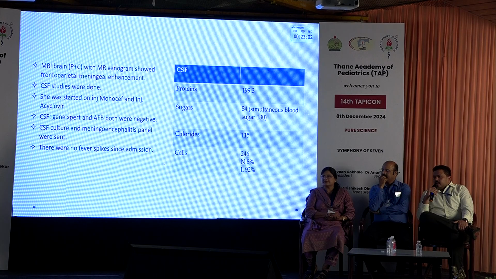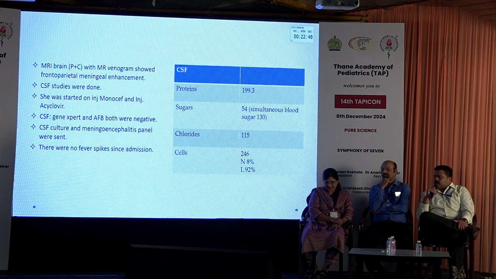And secondly, nowadays we are also seeing something like a MOG antibody demyelinating disorder, which will show very high cells and proteins on CSF, which will mimic acute bacterial meningitis. So that is another thing. Those are non-infective ones I'm thinking of. And autoimmune encephalitis will not usually have such high cells and proteins. Usually it should not have such high cells.